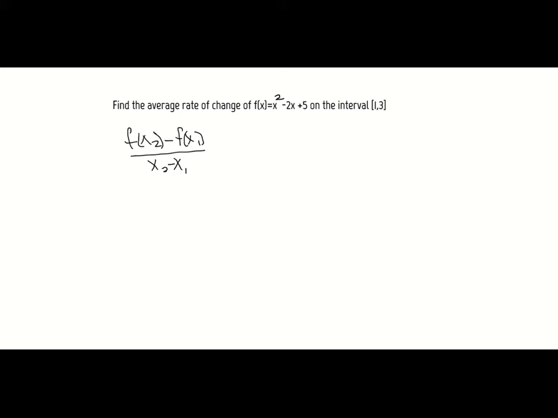And this time our equation is a little bit more complex than just f of x equals x squared. There's a little bit more going on. So I'm going to recommend finding the values separately, finding the function value separately. So what I'm going to do first is find f of x2, which means our second x value is 3, so that means f of 3. So we're going to plug in 3 for this f function, so that would be